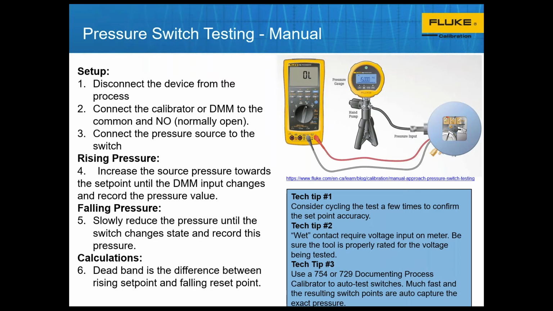Finally, tech tip number 3 down there talks about using one of our documenting calibrators to do switch testing. A lot of people will buy, for instance, a Fluke 754 or one of our other automated calibrators like the 729, and they won't necessarily know that we have pressure switch testing capability built already into that unit. They may be using it for,